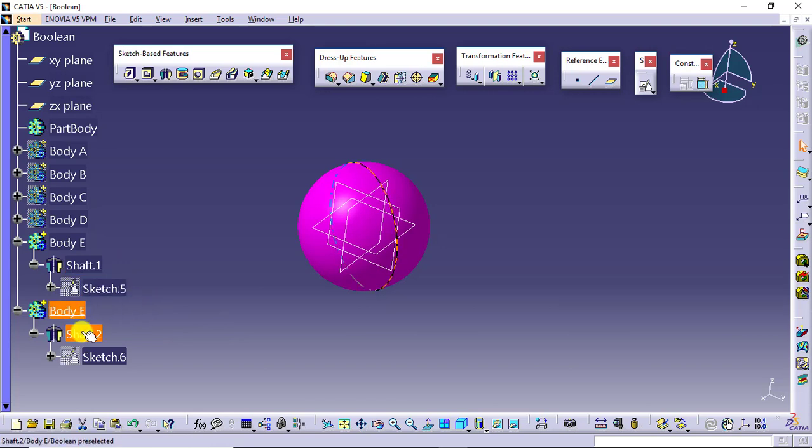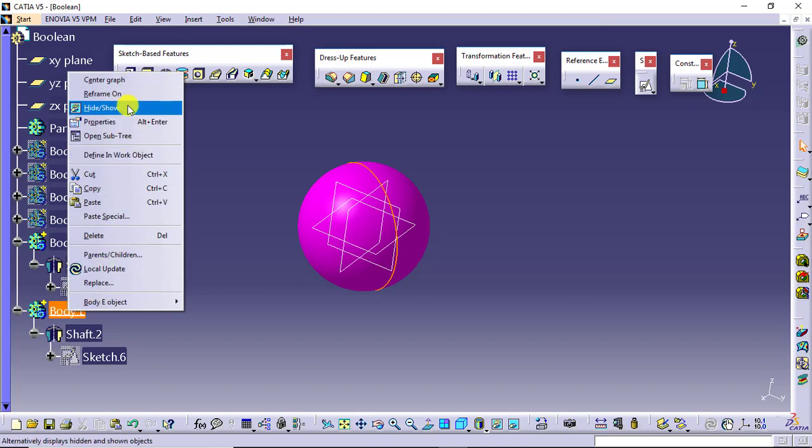Similarly, body E, shaft and its sketch. So copy paste has given me the same result. Complete feature is there, complete sketch is also there, and you can separately modify these two. There will be no dependency between these two. Body E was there, and the copy of body E is now available.